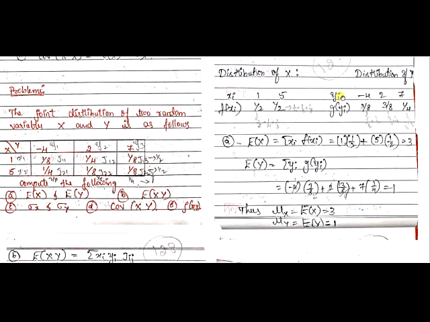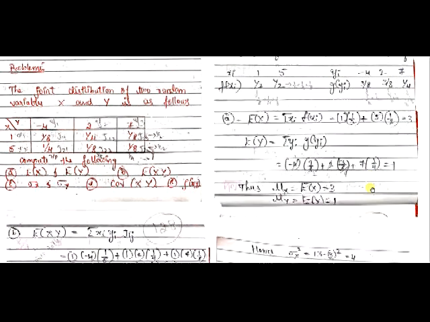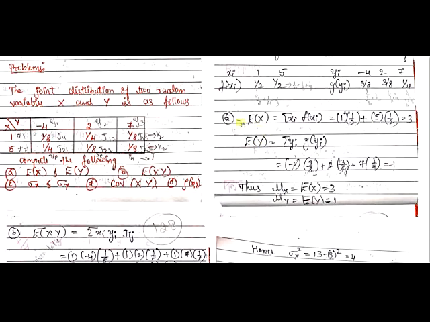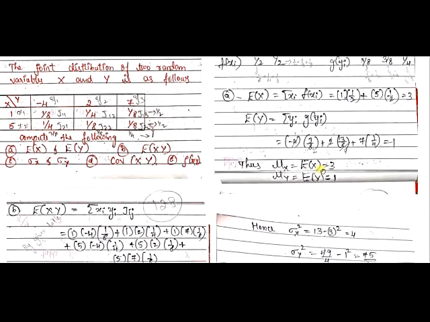Now see, consider yj and g of yj, multiply these things and add. Then it is minus 4 into 3 by 8 plus 2 into 3 by 8 plus 7 into 1 by 4. When you sum it, that is going to give you 1. Now you found E of x and E of y, that is expectation of x and expectation of y. It is nothing but mean x and mean y, that you found already.